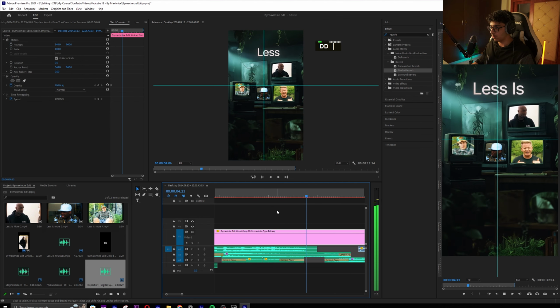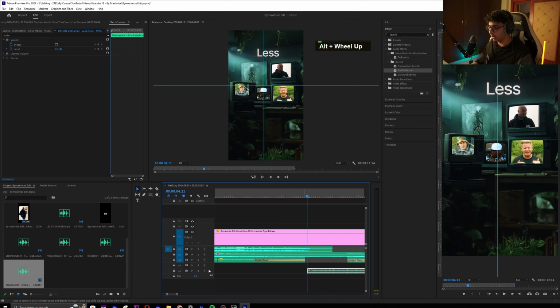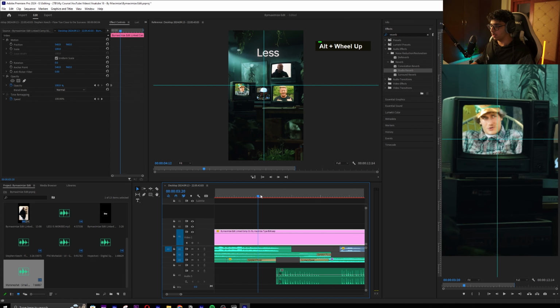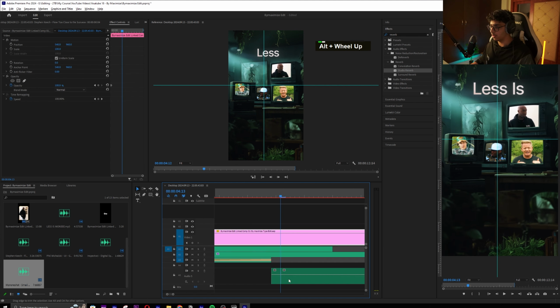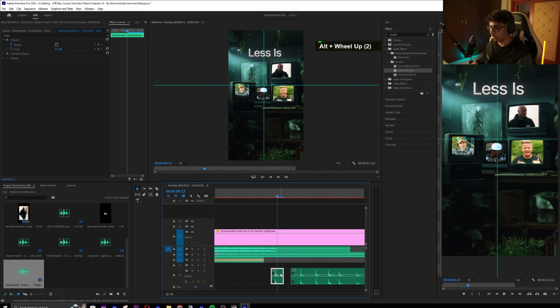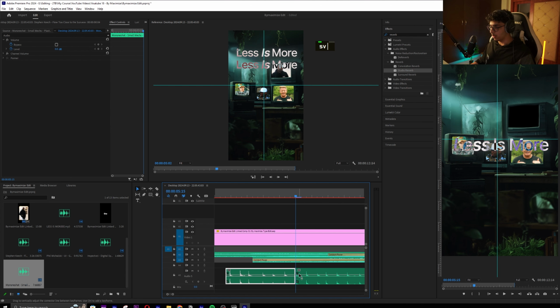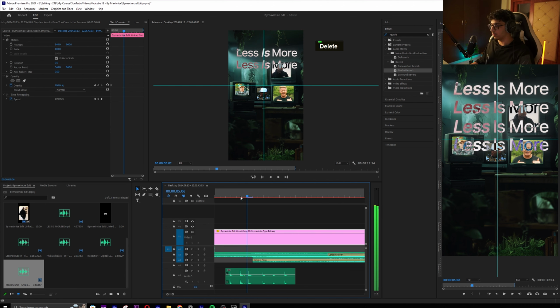Now I have the small mechanical clicks as well. So what I'm going to do is sync this exactly. It's going to be on "less is". So the first one is going to come on the word "more". So just move this. Let me remove the magnet so I can make it more accurate. Actually, yeah, it is. And then over here we're going to do the exact same syncing.